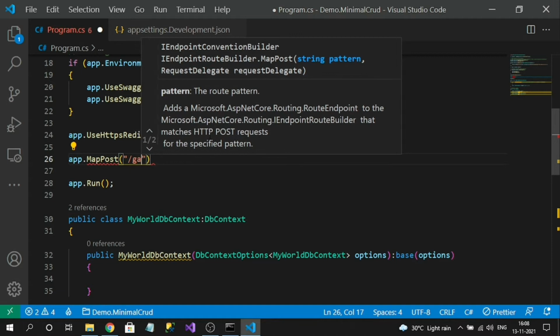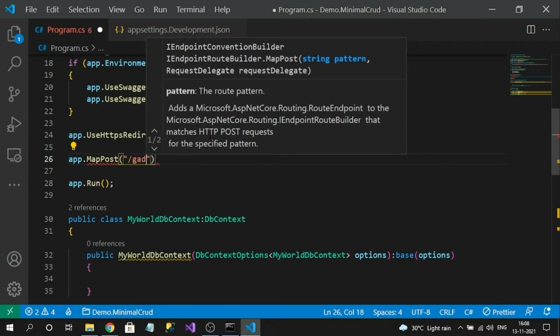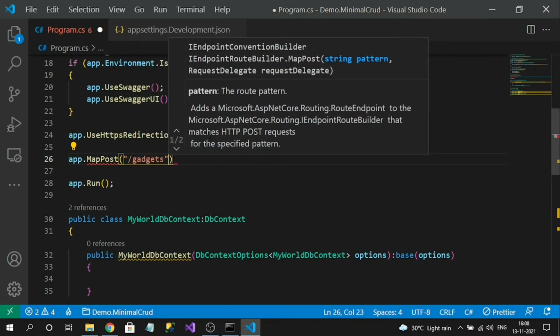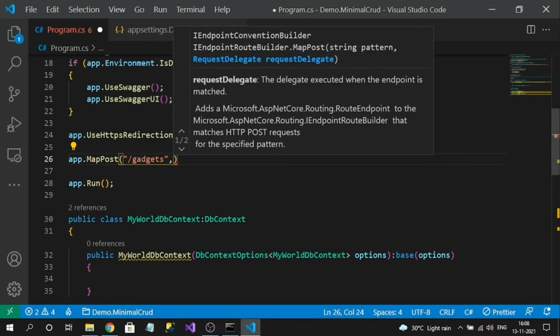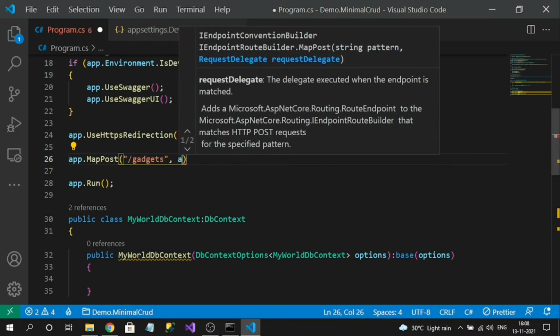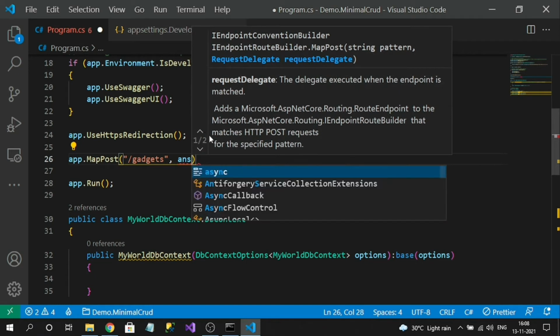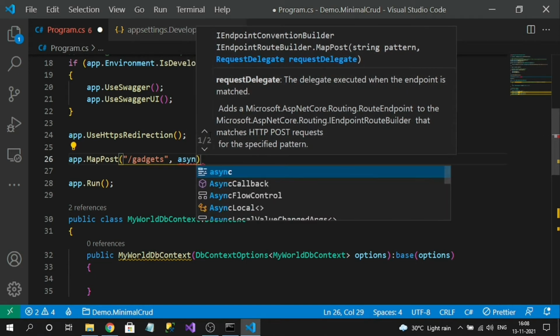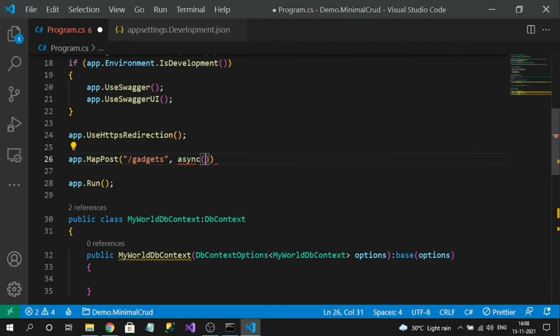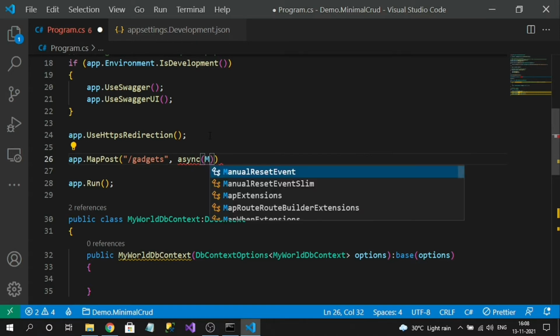So I will name it like gadgets. Now a delegate, which is nothing but a function, an anonymous function. Since I'm going to have some asynchronous calls like database communications, I will create this delegate as an asynchronous delegate. First thing, I want to inject my DB context.